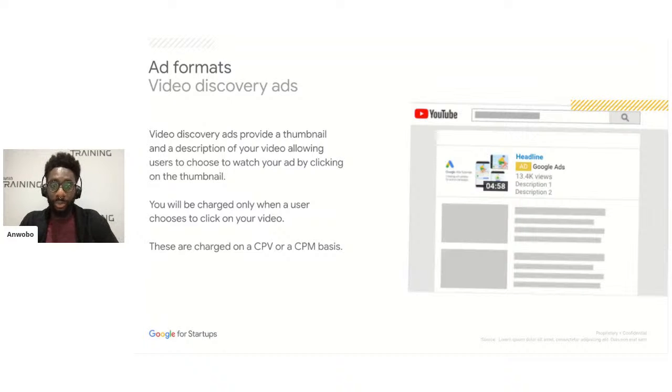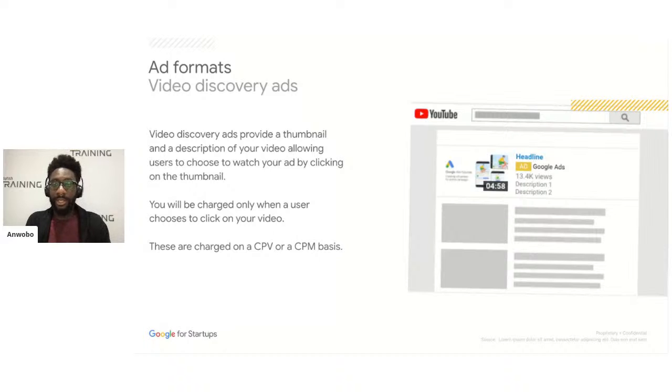So this is where normally we start to see some of the differences. With our non-skippable ads, I can only put a maximum of 15 seconds anyway. With my skippable ads, I can use any length, but knowing that this plays before, during, or after a video, it's probably less likely that the user is going to watch a longer form video. Typically, we'd reserve these for videos that are up to 30 seconds in length.